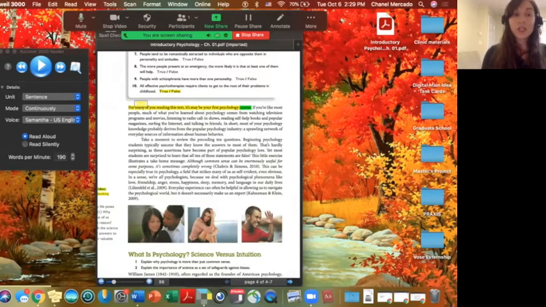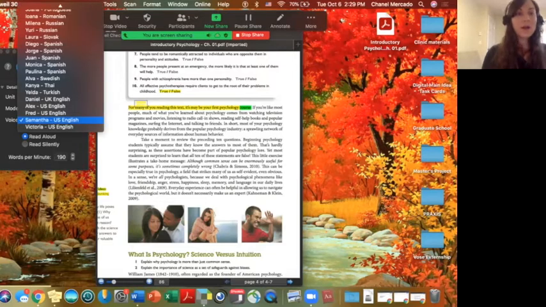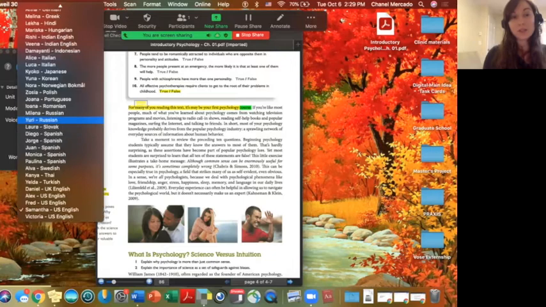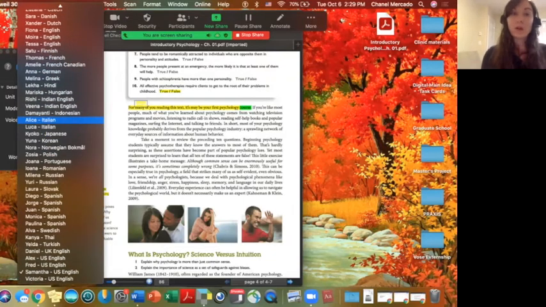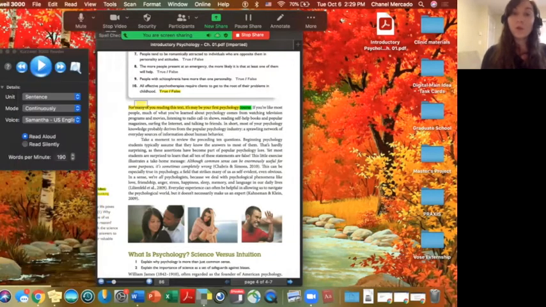You can also change the voice from this window. Right now I have it selected on Samantha, but there's also other languages here as well. So if you do have a document you're going to read that is in a different language, you can have it read with the appropriate accent and language. Here below, you can also change the words per minute. You can type in a value, or you can use the up and down arrows to select a different speed.